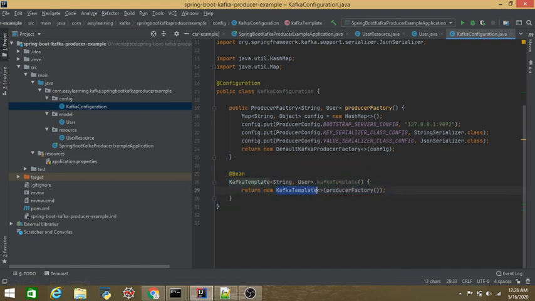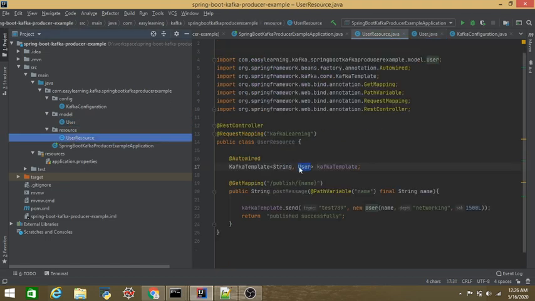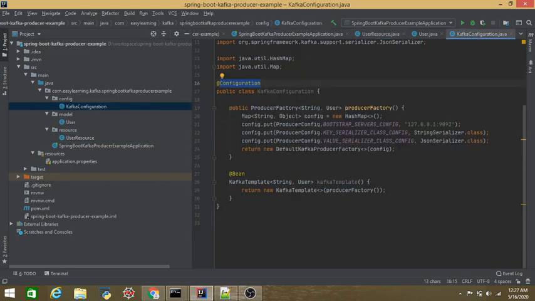But here is the chance for us to create the bean of the Kafka template. Now you can see that it's returning the Kafka template, passing this method. So as soon as this bean is initialized or loaded, this method will be called, and at the time of configuration all this will be happening. So now guys, we are ready with the model. First step is the model. Second step is you can pass your model here wherever you are publishing a JSON message. You need to pass it into the Kafka template.send method. You can see that on this topic the User class will go. And the third and important step is the configuration.